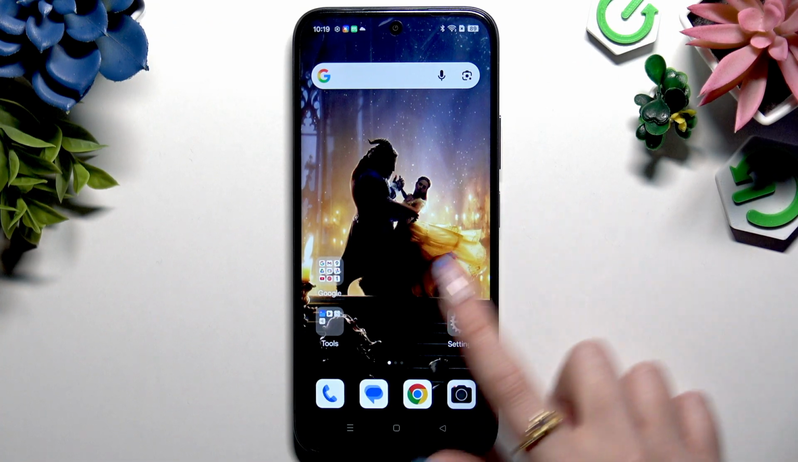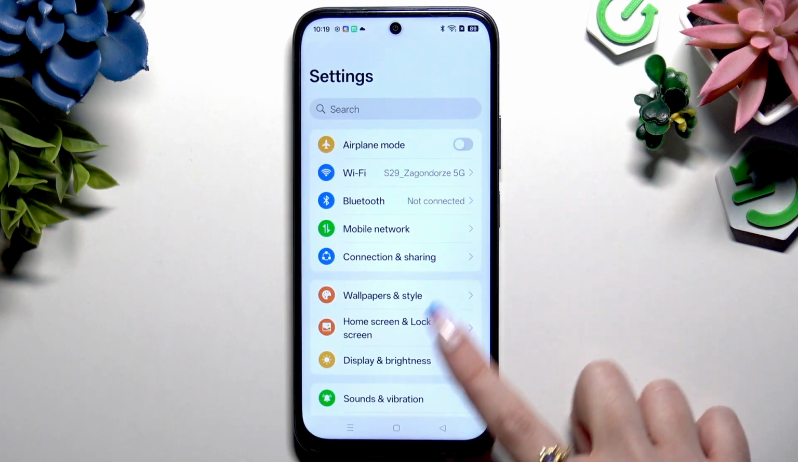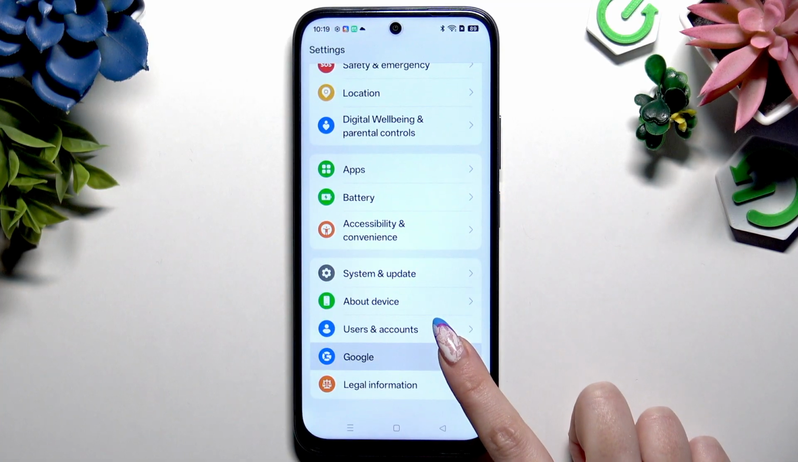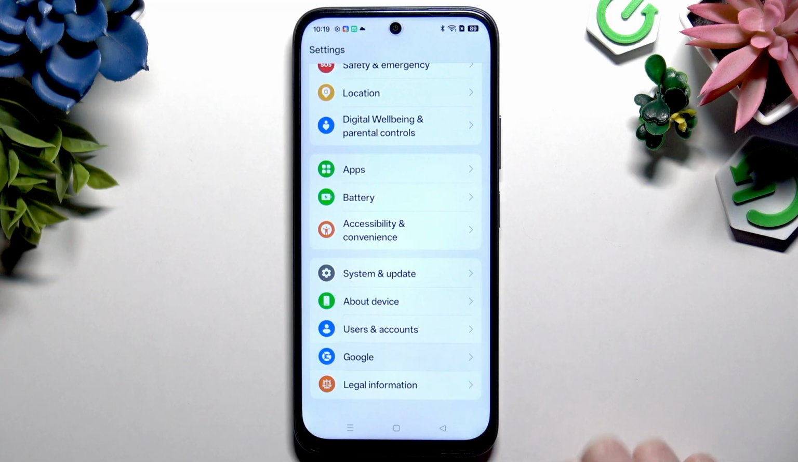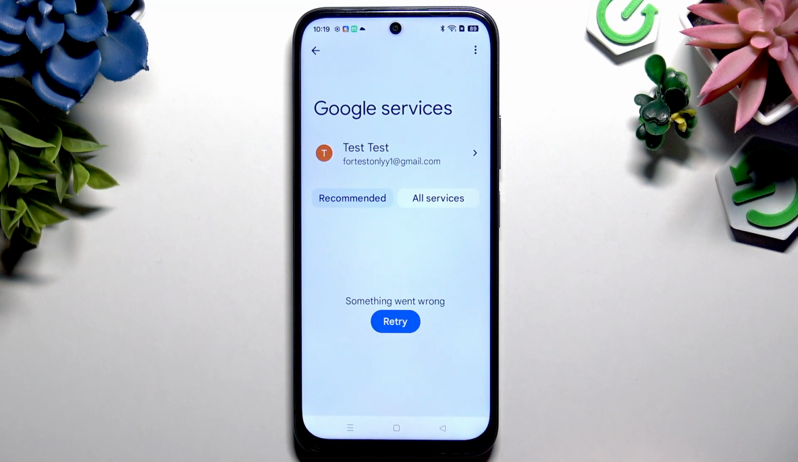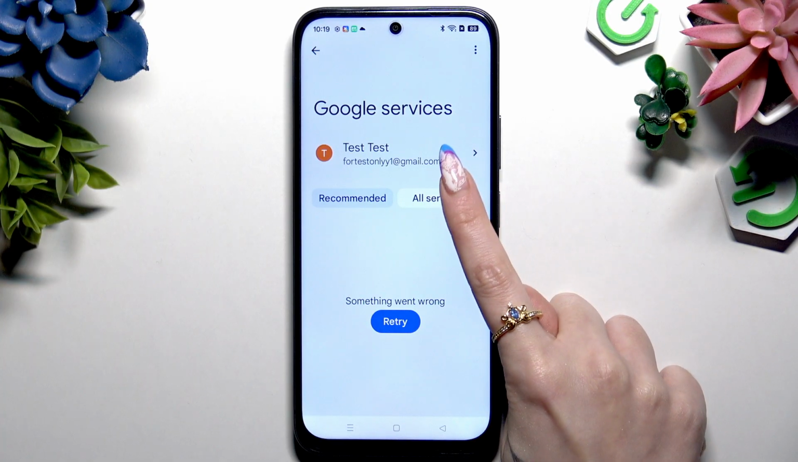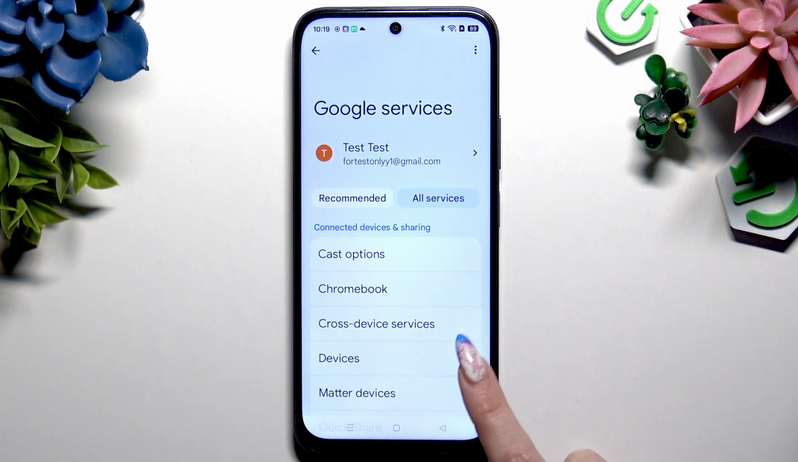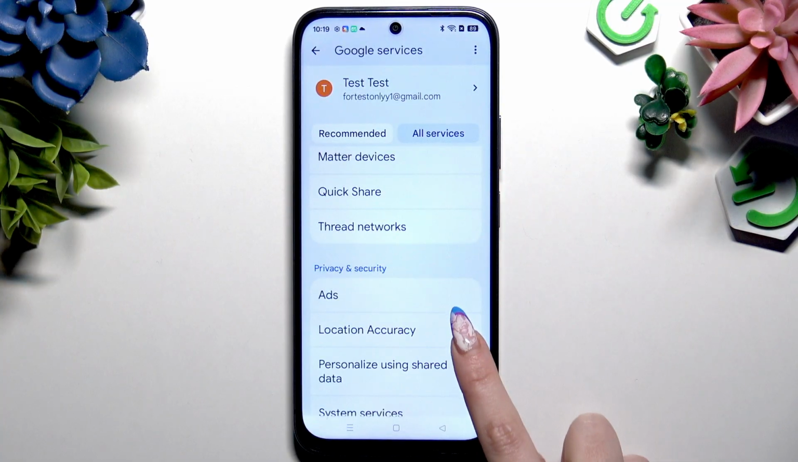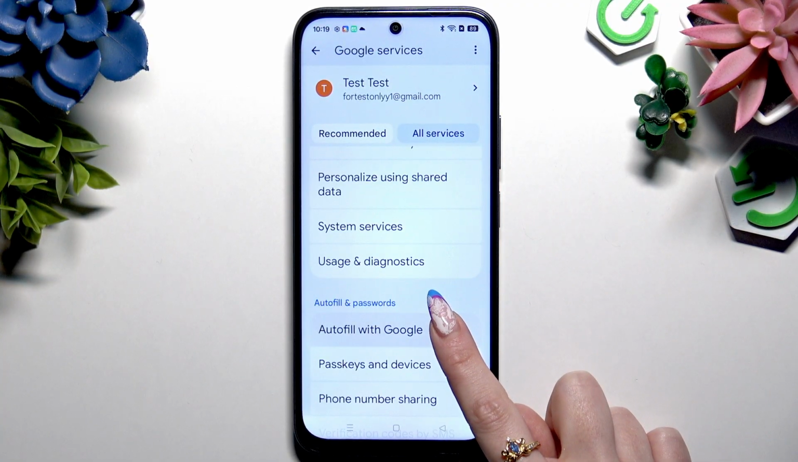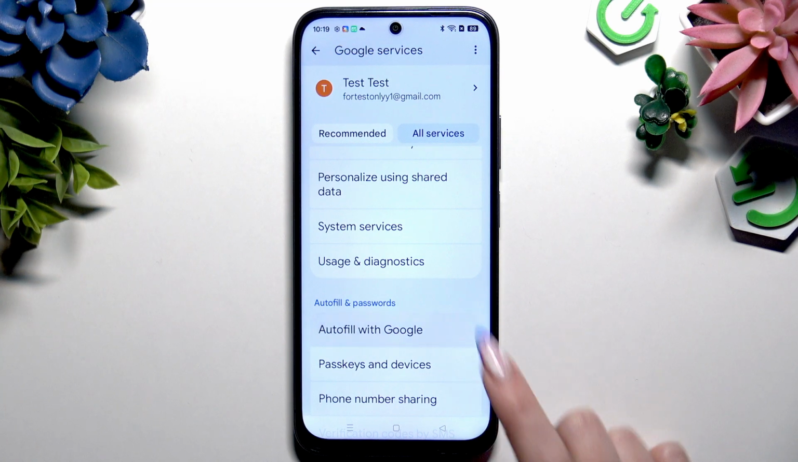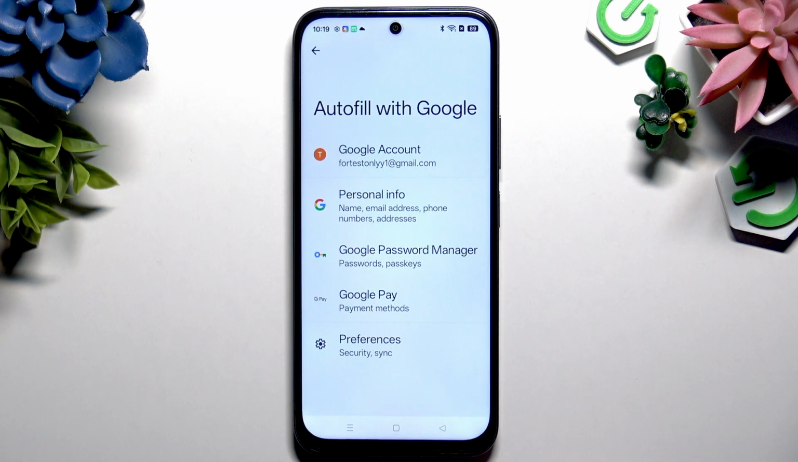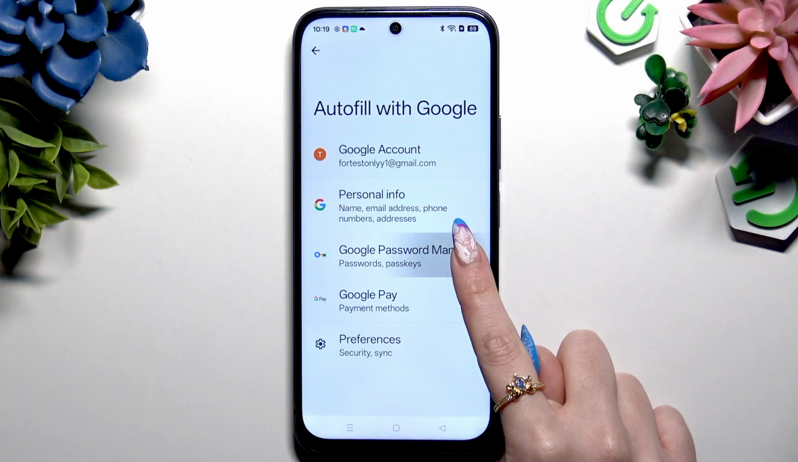Begin by opening Settings and scrolling to click on Google section available here. Now tap on All Services. Scroll again and this time click on Autofill with Google. Now choose Google Password Manager